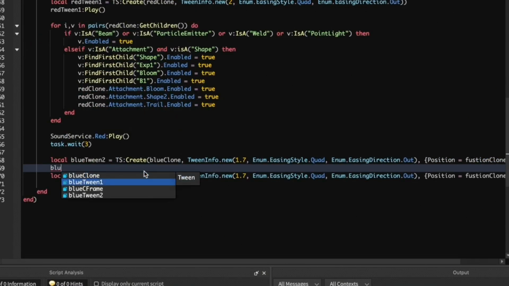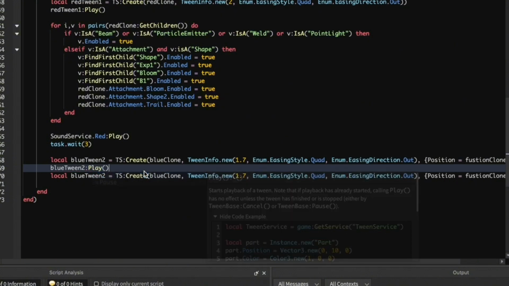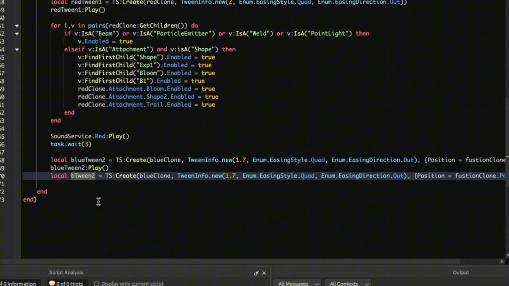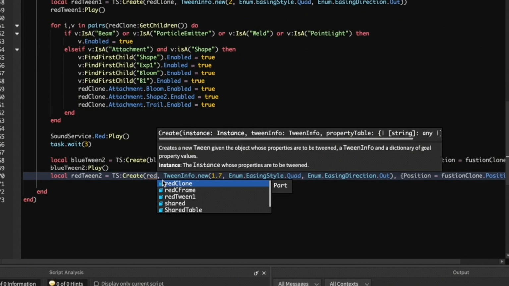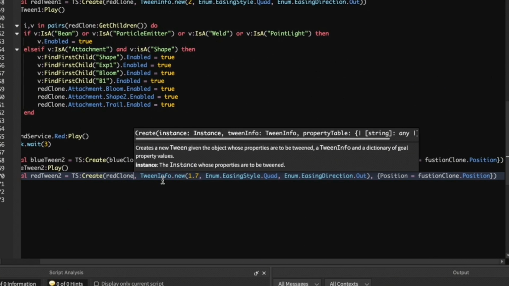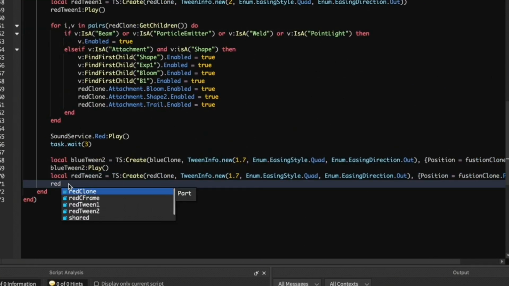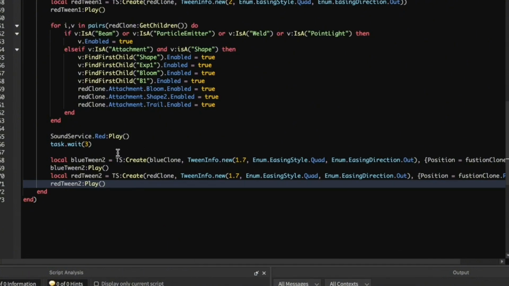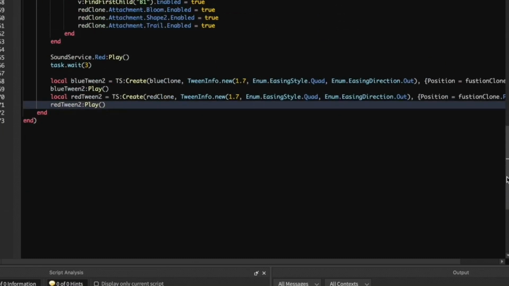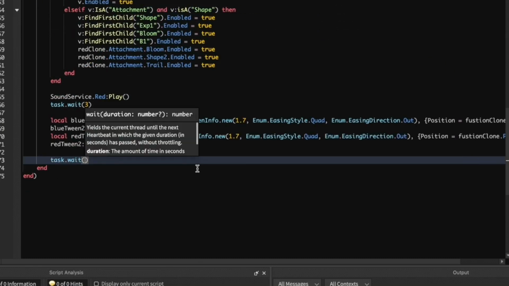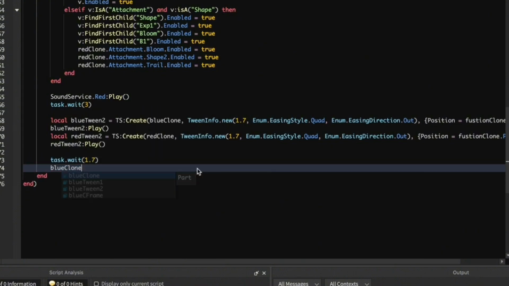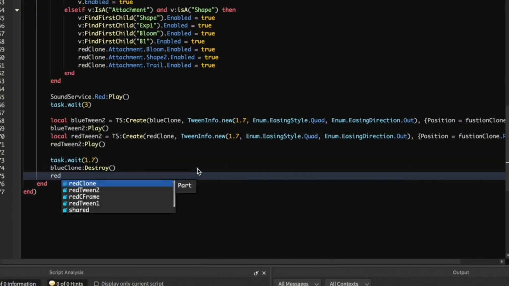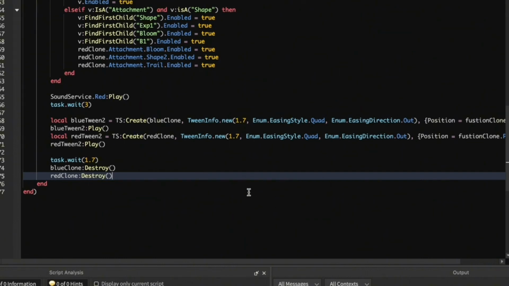Blue tween 2, Play. Now just change this to red tween 2, red clone, and here do red tween 2, Play. So now both blue and red move towards the fusion clone. Task.wait(1.7). Blue clone, Destroy. Red clone, Destroy. So what we're doing here is removing the blue and red clone,